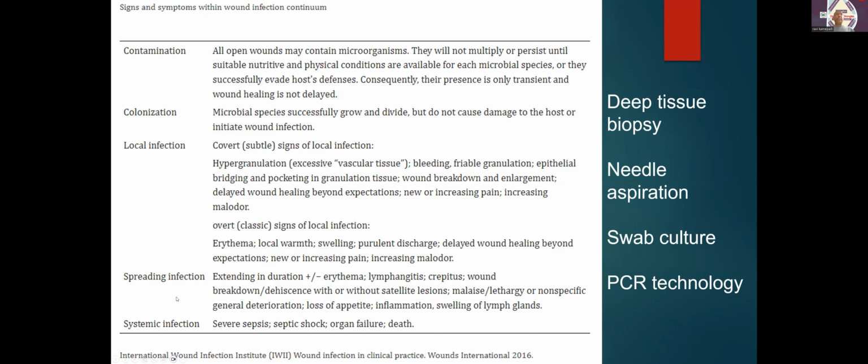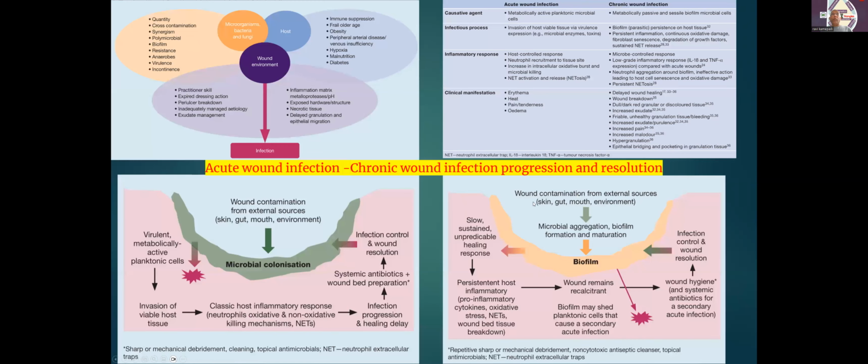Spreading infection could involve local induration, lymphangitis, inflammation, and lymph node changes, and it starts to become septic when systemic infection happens and organ failure damage happens. You can diagnose these with deep tissue biopsies, needle aspiration, swab cultures, and PCR technology is being employed now. So what happens with the infection is there is host resilience,